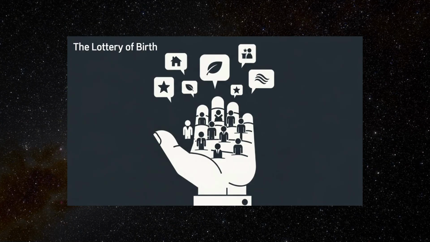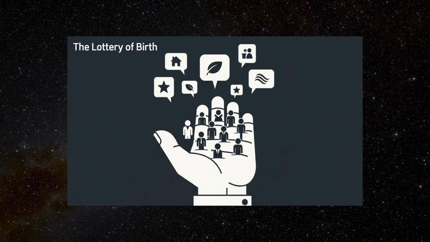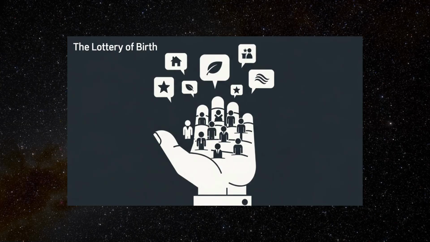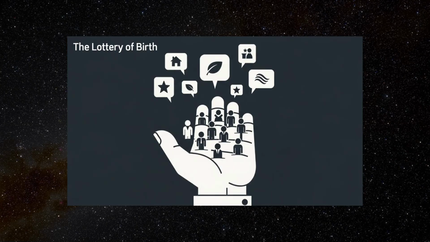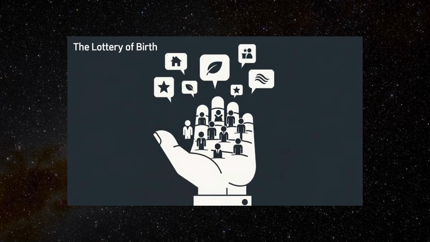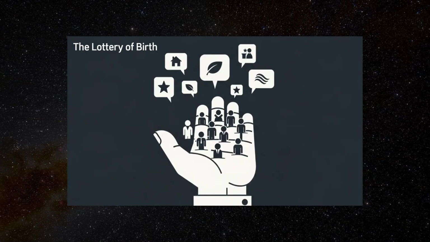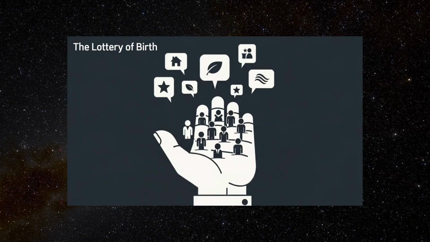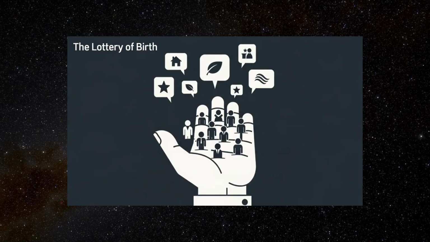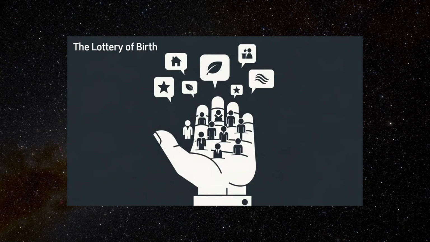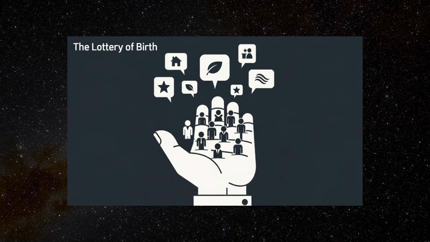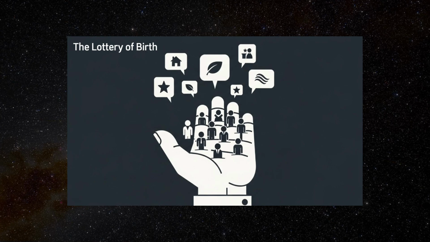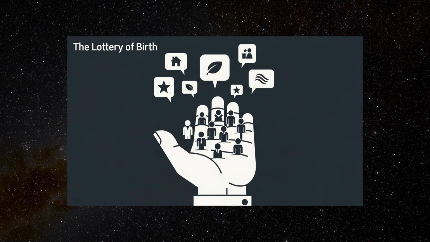And yet, society often treats individual outcomes as if they are earned or deserved, without adequately acknowledging the role of sheer accident. This leads to a kind of moral contradiction. We claim to value justice, fairness, and individual merit, yet much of what shapes a person's opportunities and outcomes comes down to the luck of where, when, and to whom they were born. For example, someone may be praised for being hardworking or successful, but much of that success may be enabled by a supportive upbringing, good schools, and financial stability.